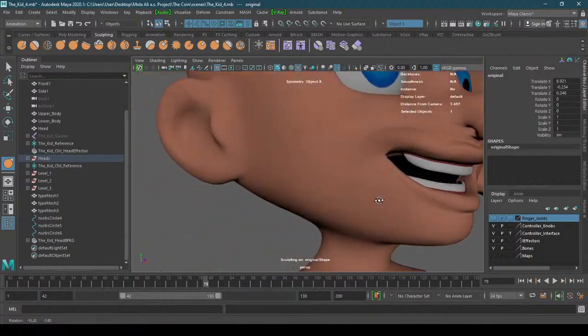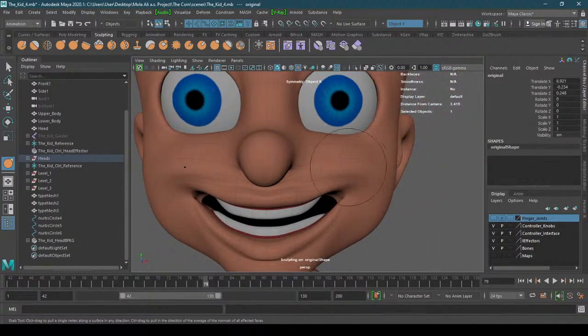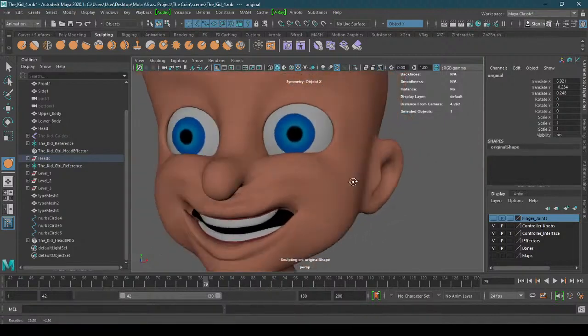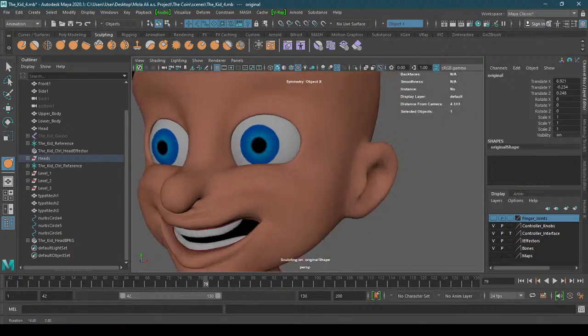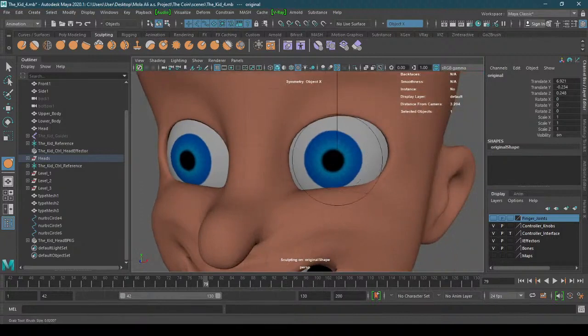Now you can see the teeth are inside the head, so it will look something like that. Now about the cheeks first, then we will go with the eyes. A little bit the nose also. Now the eyes kind of look like an evil smile. So instead of pulling really from the top,